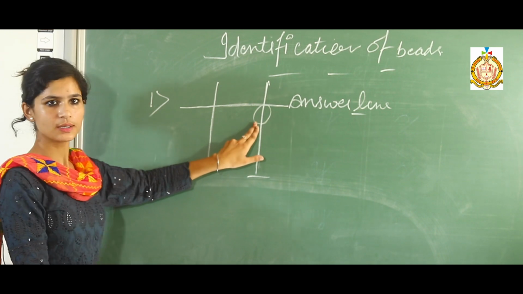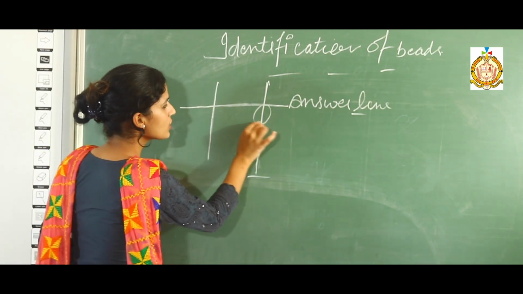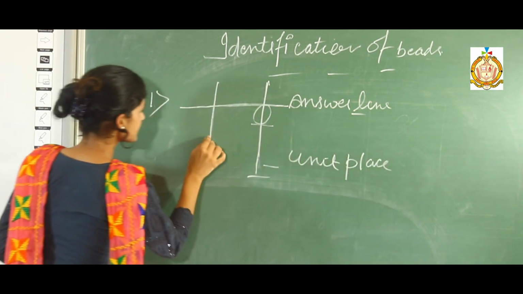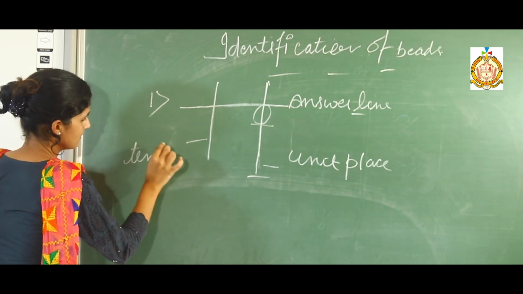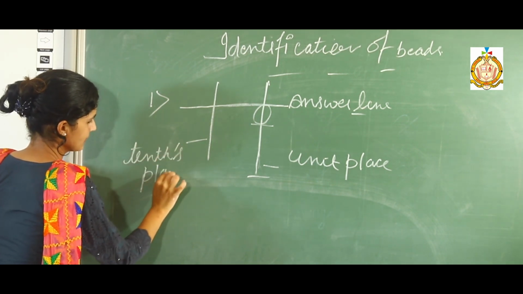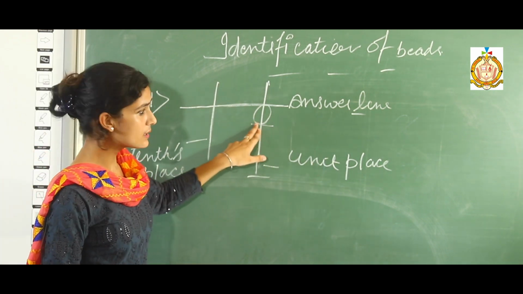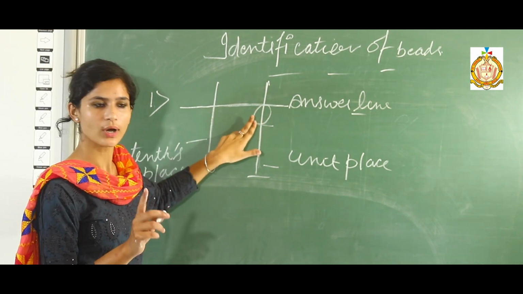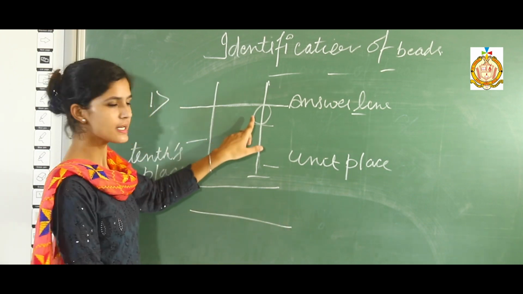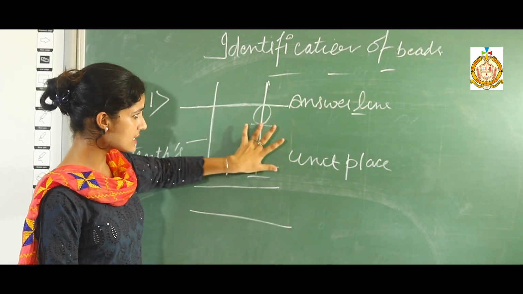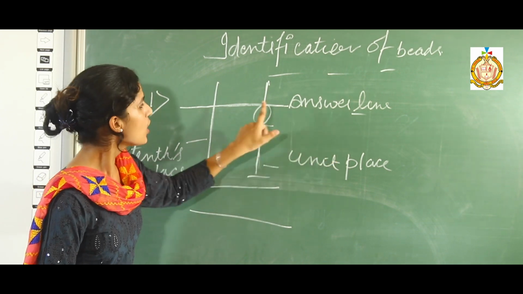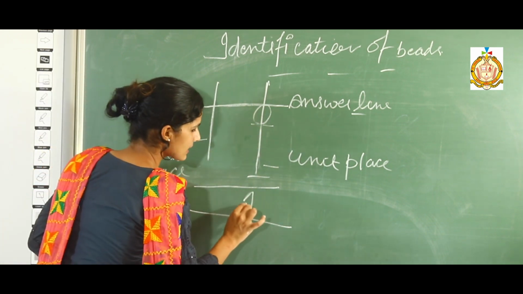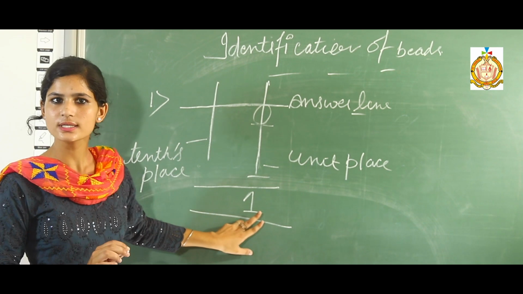Now how many beads are there? This is your right hand side and unit place. This indicates your unit place. And this side indicates your tens place. Now in the unit place, the lower bead is attached to the answer line. Okay? Each lower bead has one value, I already told you. So only one bead is here touching the answer line, a single bead on the right hand side, on the unit place, touching the answer line. It means how many? What is the value of this bead? One. One is added in the abacus. So your answer is 1.